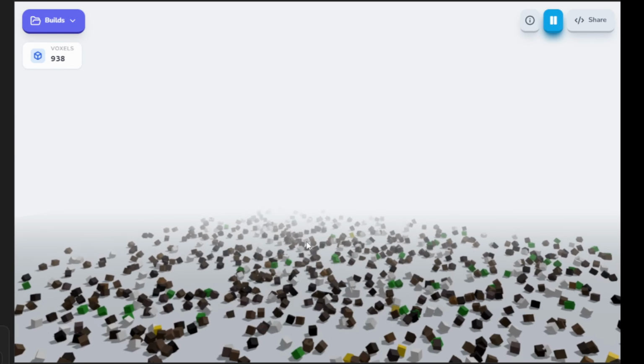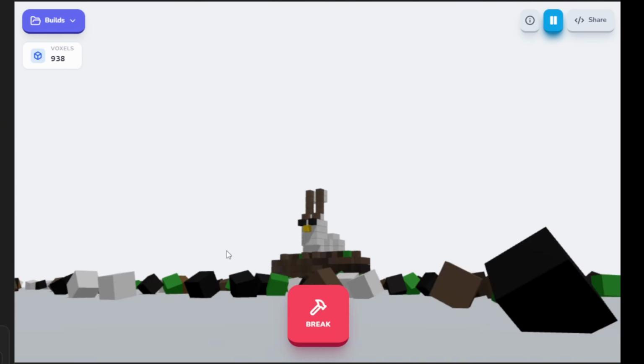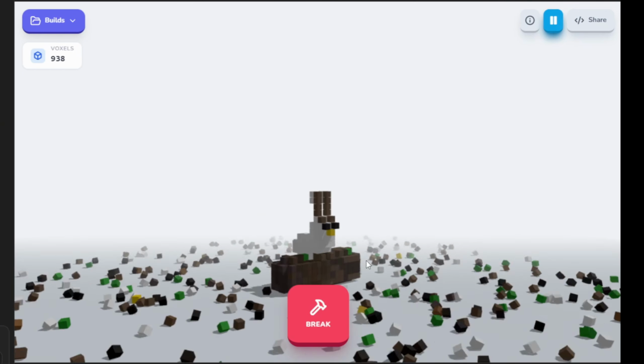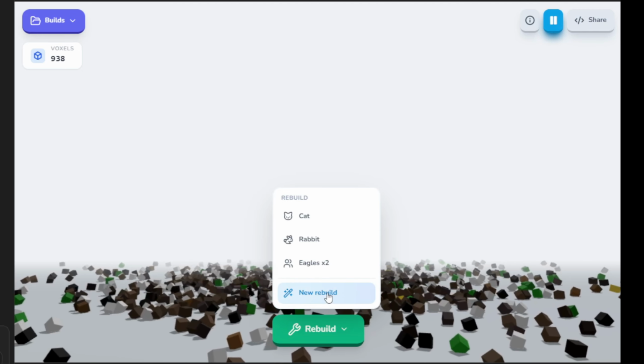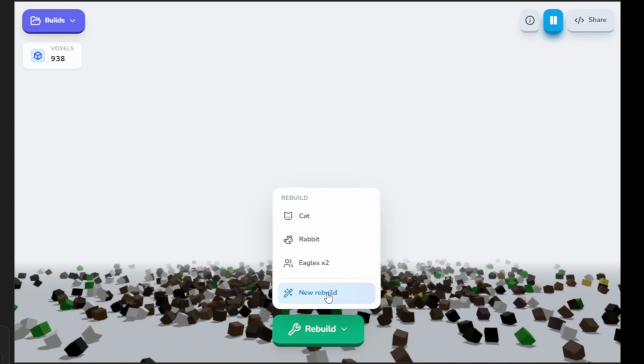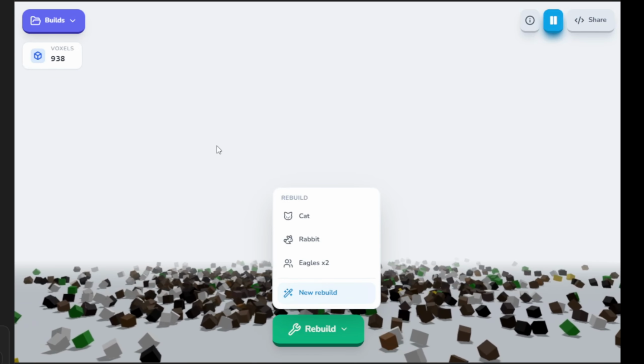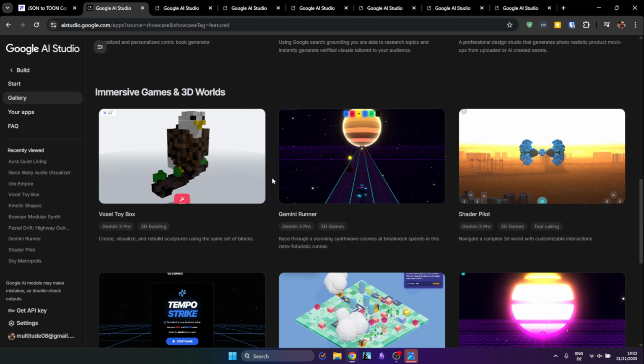You can rebuild this, for example, now into a rabbit. You can see pretty cute rabbit here. I can move the camera with my mouse and then break it again. And you can also, for example, new build, you can prompt something to create something new out of these voxels. So there's a lot of cool stuff you can generate, but of course I also did some of my own